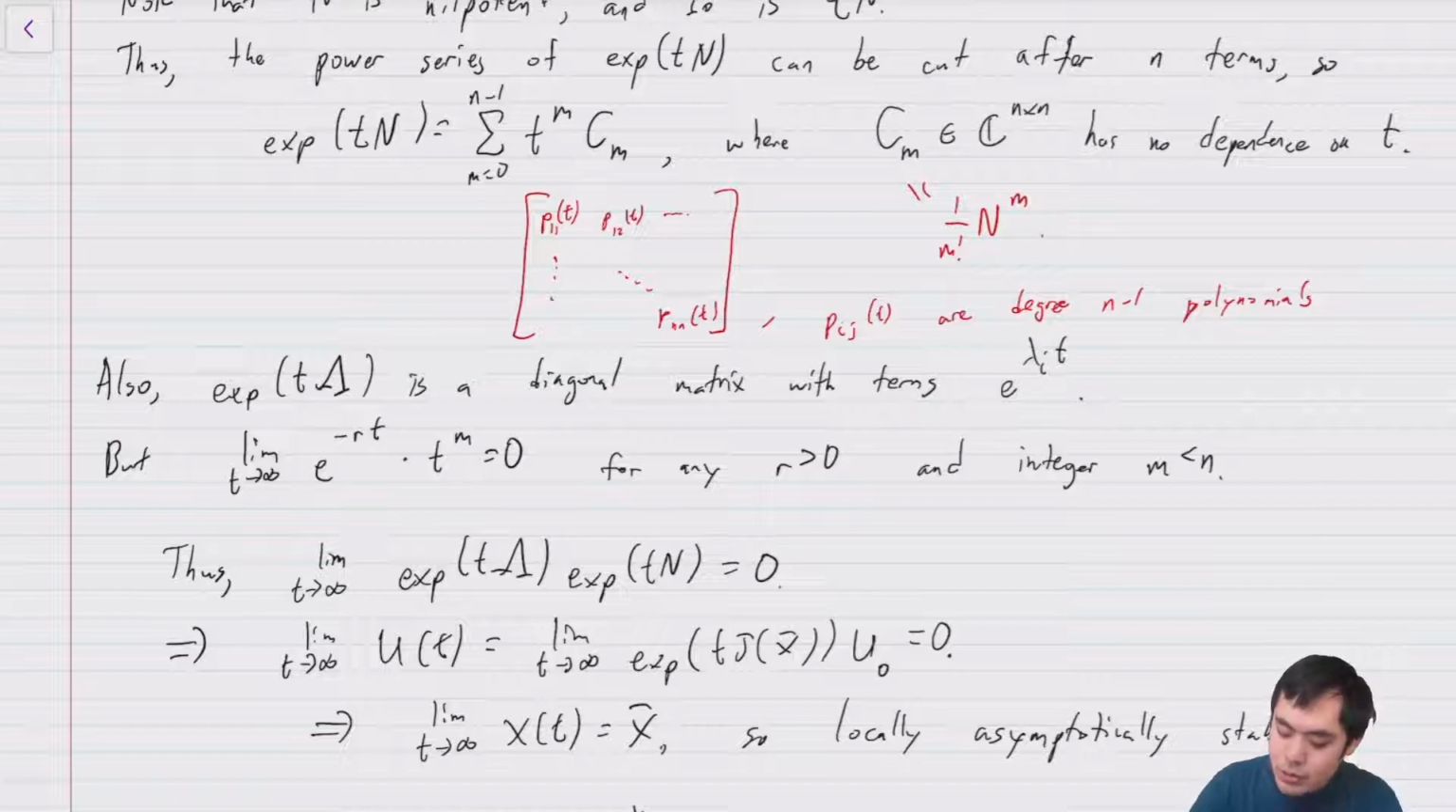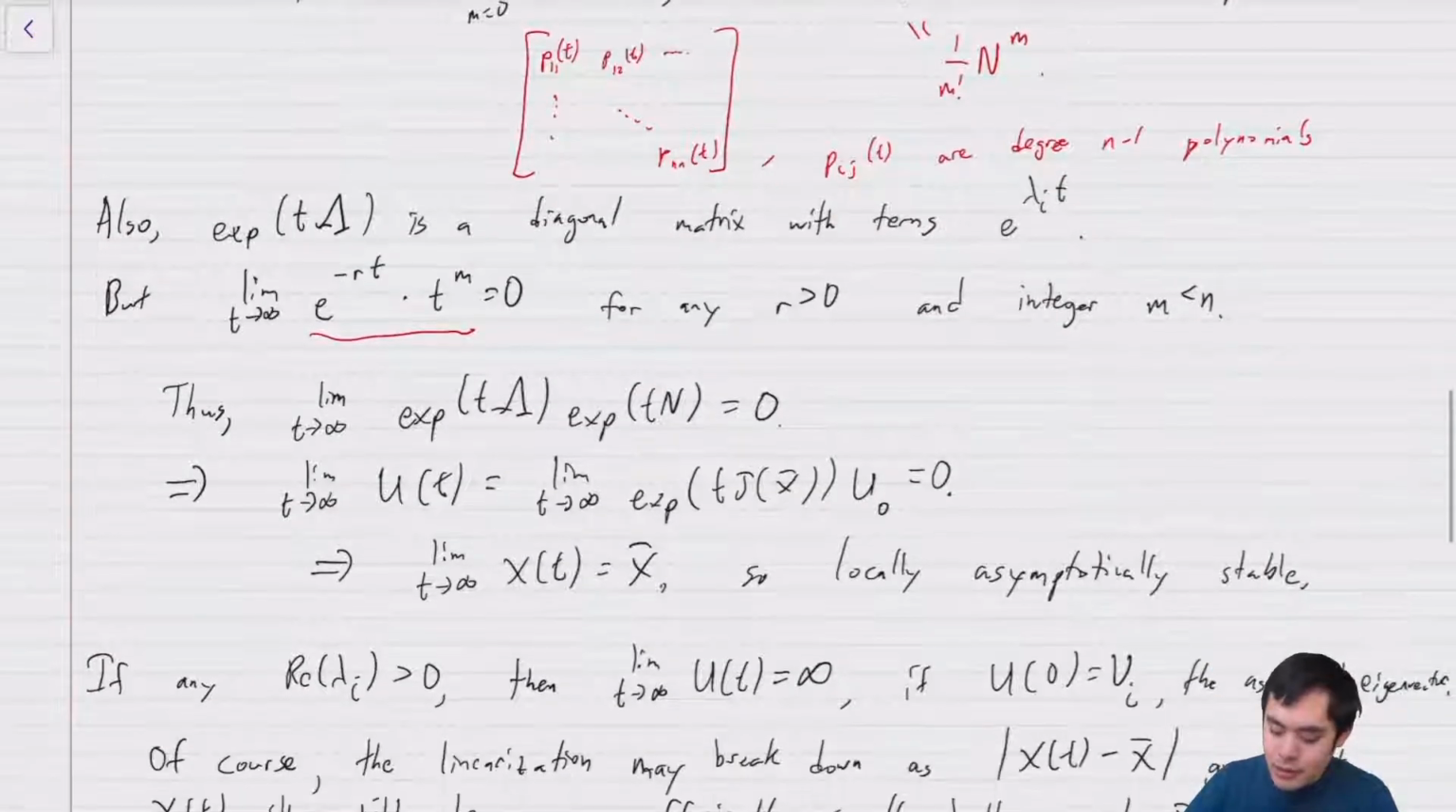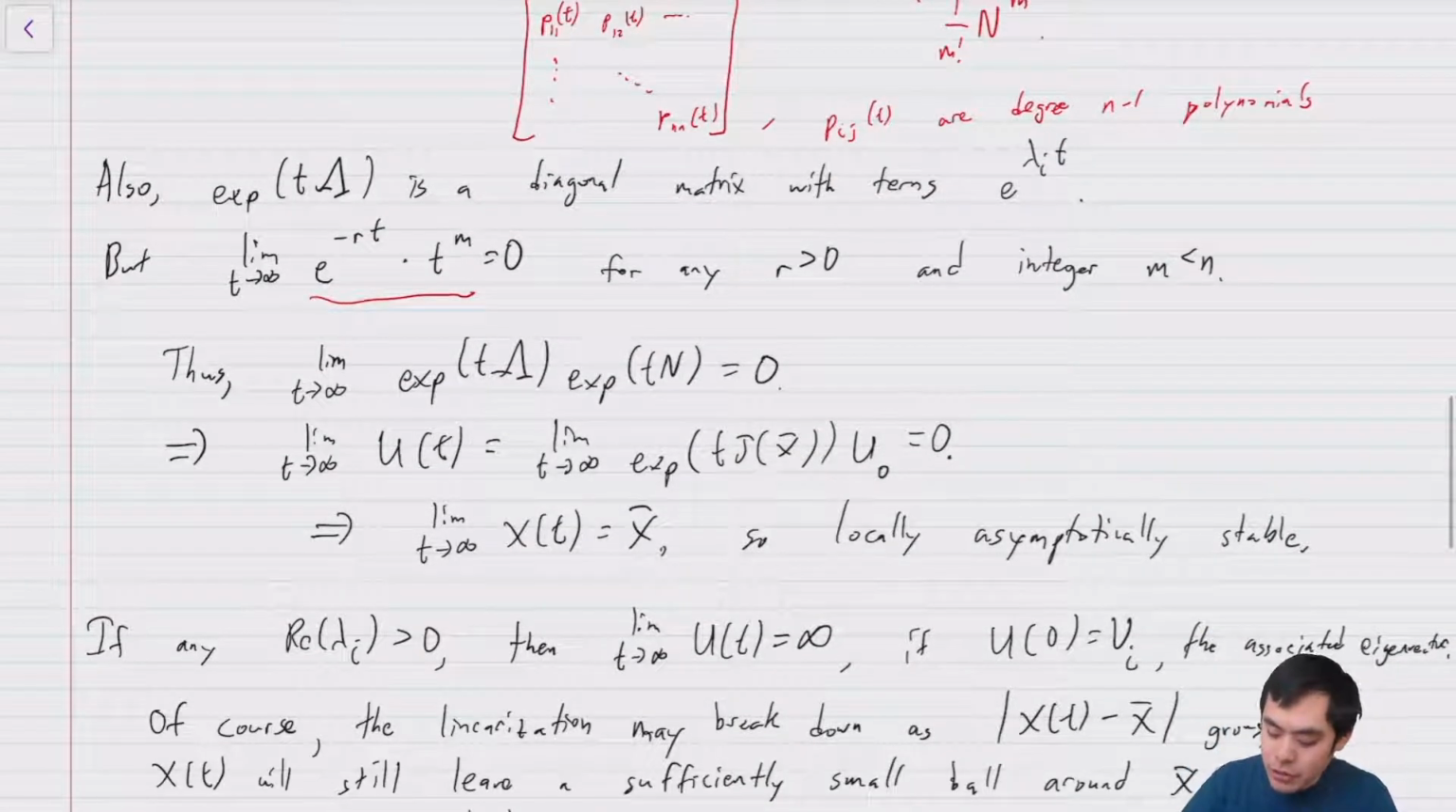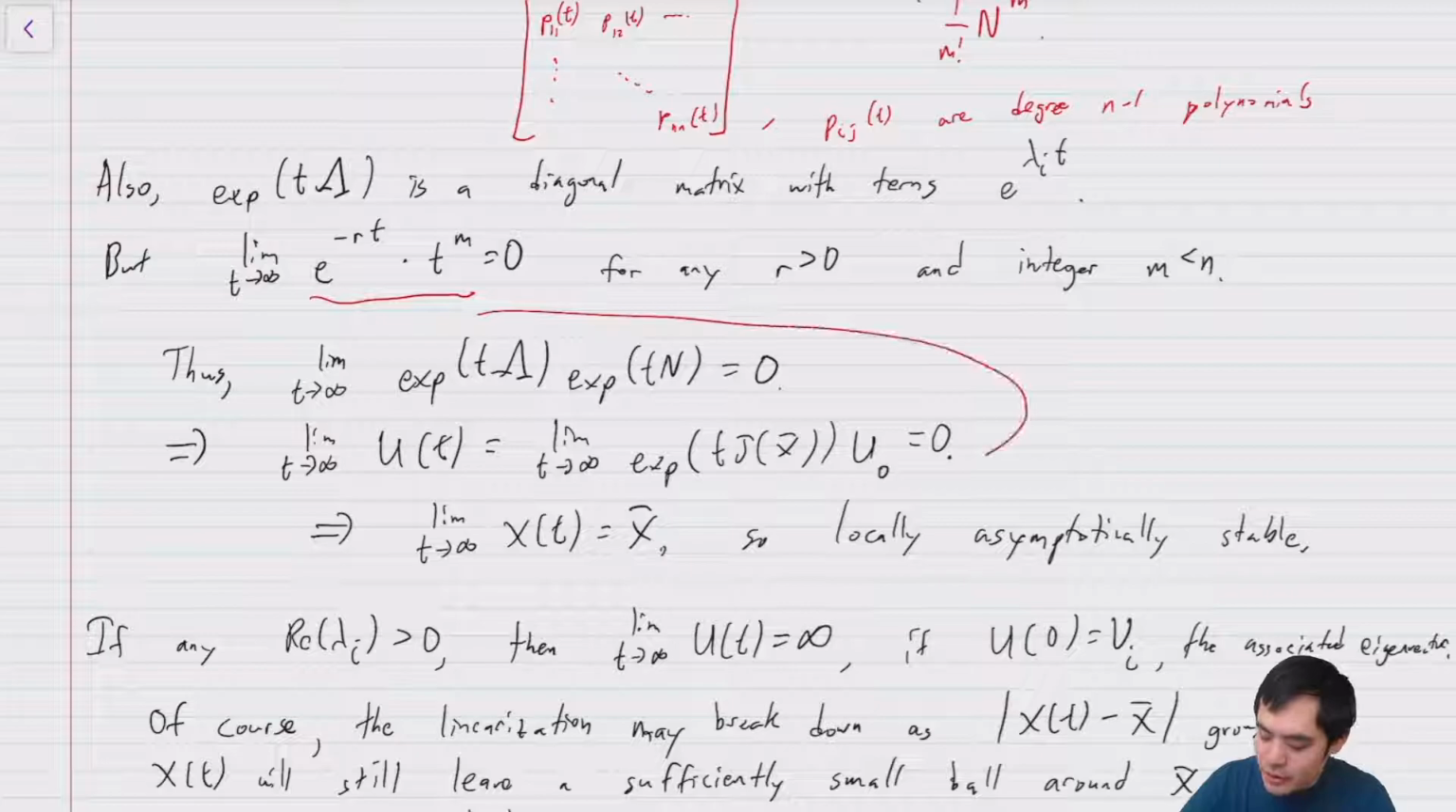And we can look at that term by term, and since we only have t to the m power where m is less than n, you can just look at this and pretty easily verify that it goes to 0, because exponentials go to 0 faster than polynomials can grow. And when you write that all out, you can pretty quickly conclude that